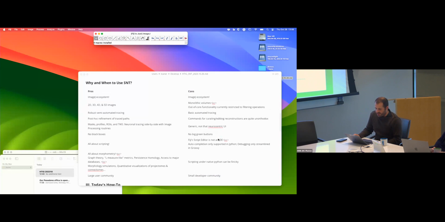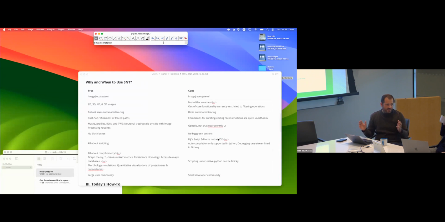The first one is that it's part of the ImageJ ecosystem. If that is awesome for you, great. If you don't like that, then you probably are not going to enjoy it much. And then the other thing is that one thing that SNT does that is not very common in this kind